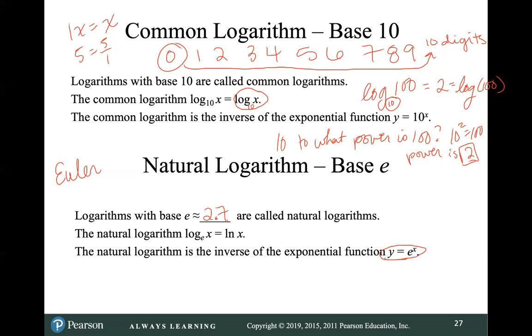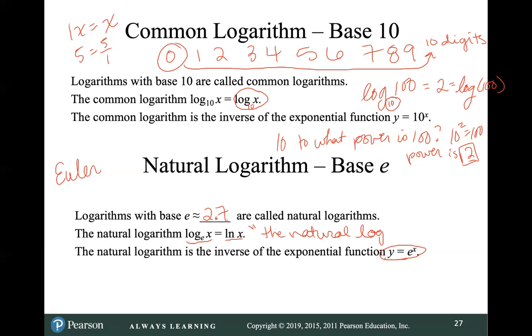Now, for a common log, the 10 just disappears. For the natural log, the e actually changes the notation of how we write the logarithm. So instead of writing log base e, we write ln. ln for natural log. Now, the notation comes from, I believe, Latin, and so logarithmic natural, okay, so ln. We don't say that it is a log natural of x, we say the natural log of x. So we would read this, the natural